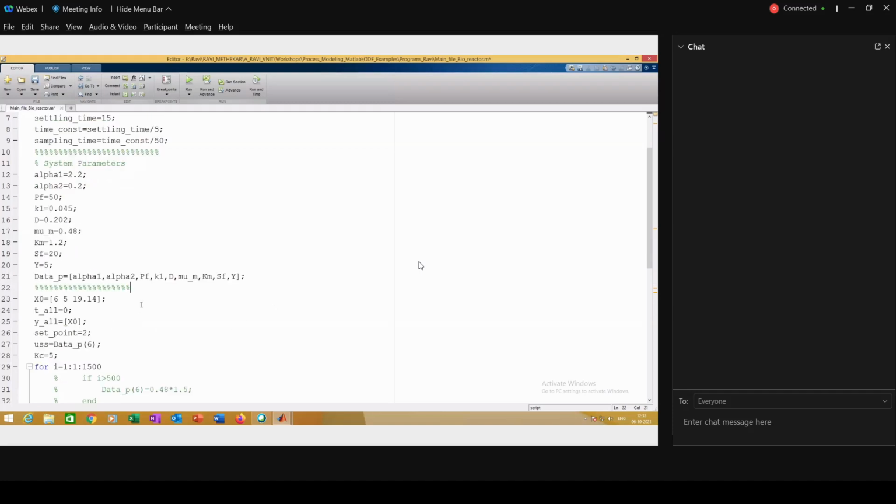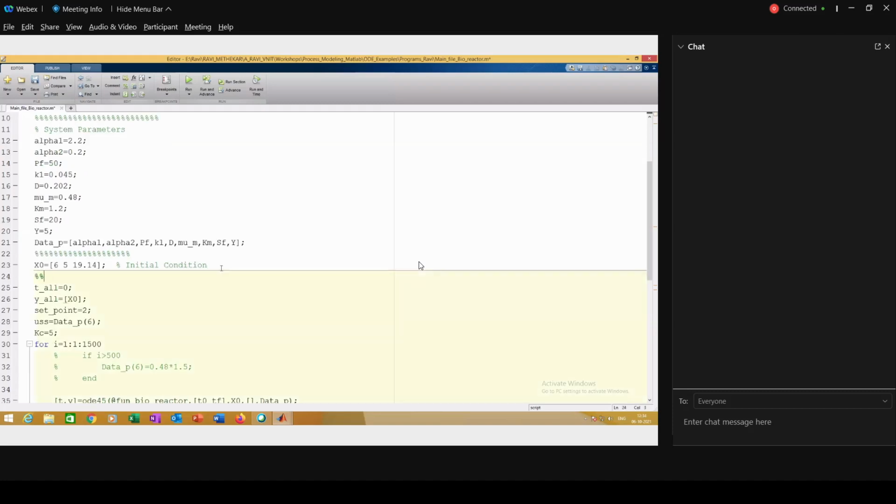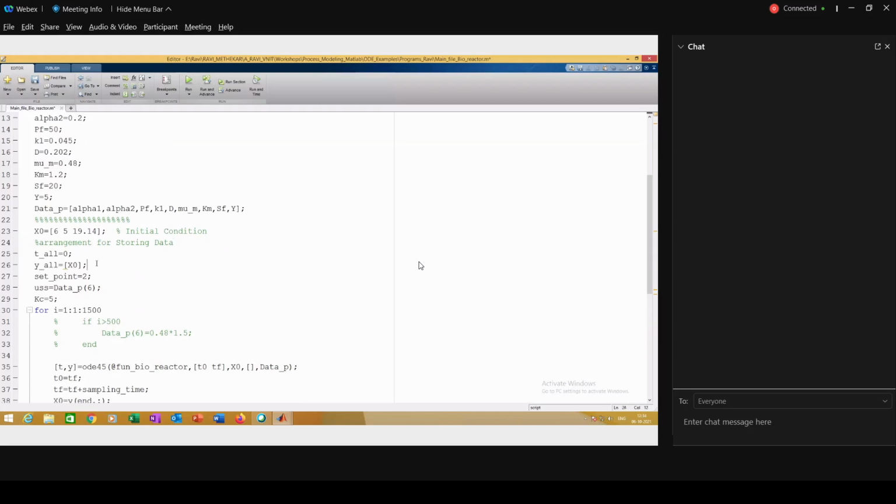Then these are the initial conditions. This is the arrangement for storing data, and this is for the control parameters.